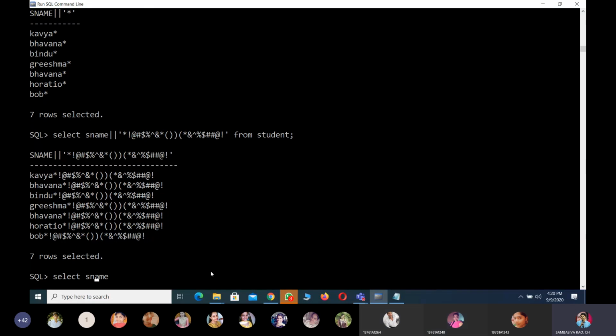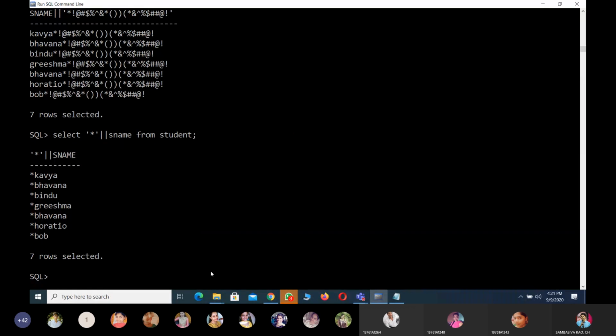Starting with means first the symbol has to appear within the single quotes, star. After that the pipe symbol, after that sname. The sname must start with a star, from table name. All the student names are added with the star before their names.